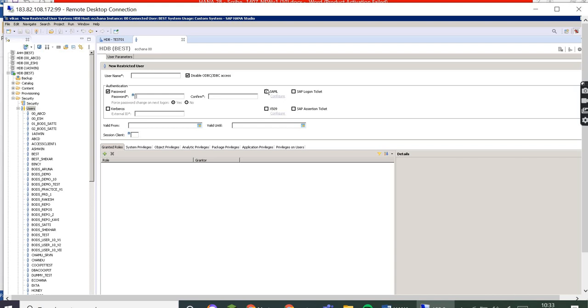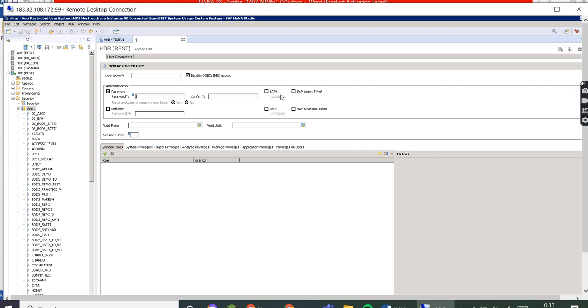So they do not get that screen of ID and password. They just directly click on the link and go inside. They will be authenticated with their NT ID, for example, or any other method you use.